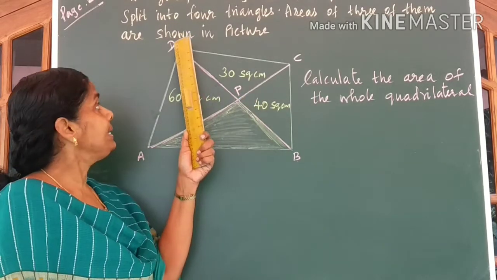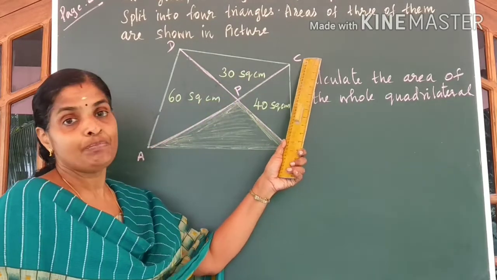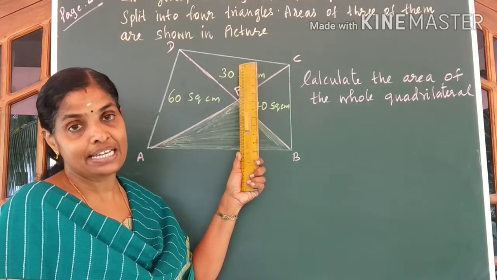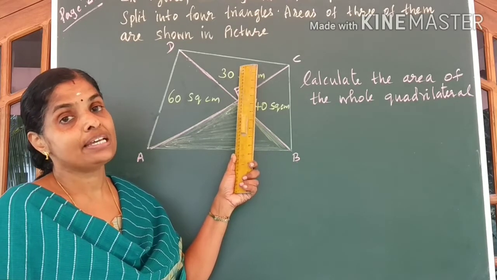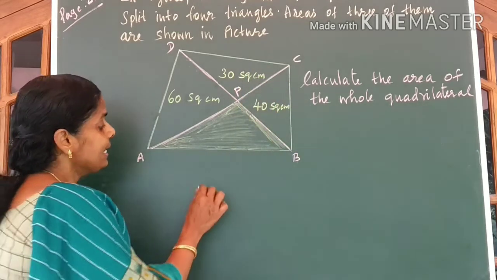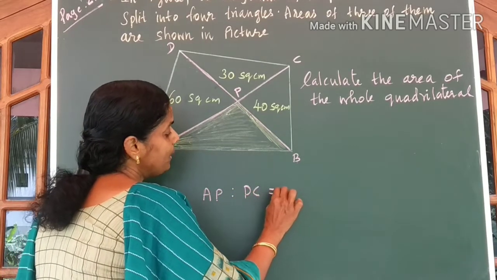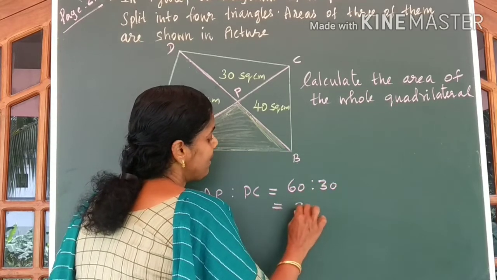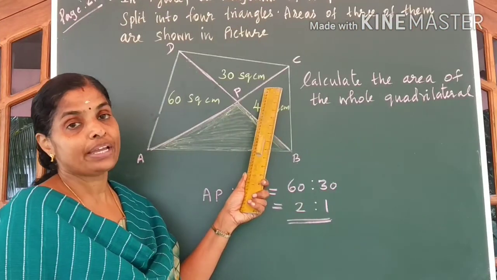We know DP divides the base AC in the ratio 60:30. That is, if you simplify 60:30, you get 2:1. Is it clear? So we can write AP is to PC equal to 60:30. That simplifies to 2:1. Is it clear? Now look at triangle